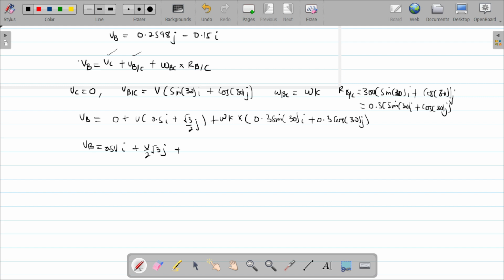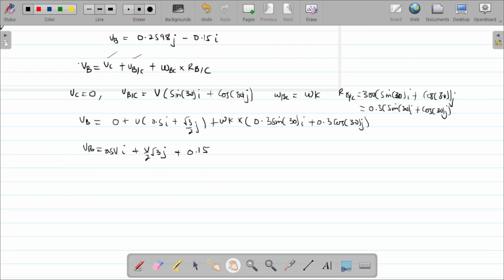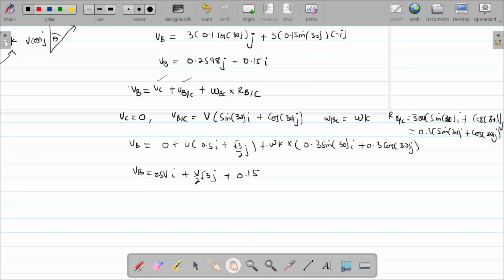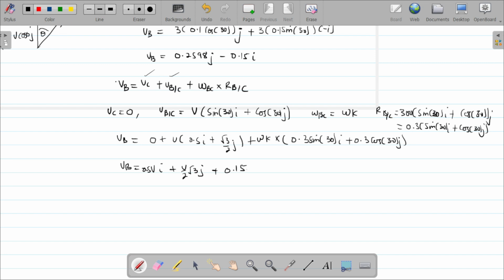So plus 0.15, and then k cross i, so we come back, k cross i is positive j, so put j here, and then we will have 0.3 cos 30, 0.2598, so we have plus